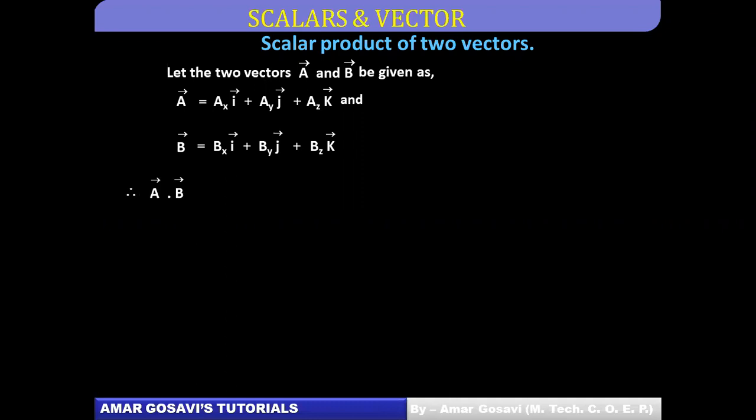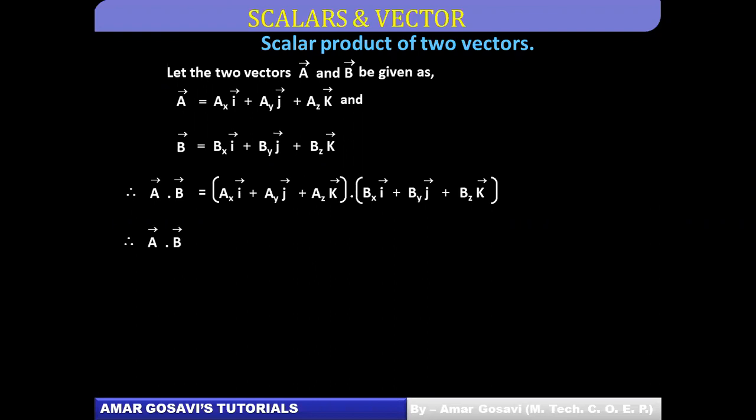So A bar dot B bar in this case will be given as bracket A bar multiplied by bracket B bar in three dimensions. That means there are 3 terms to be multiplied by 3 terms. So 3 into 3 means we are going to get 9 terms over here, and one has to be very conscious about it. I'm just starting the operation of multiplication over here. Please pay attention. Be focused on this. Okay, let's move ahead.